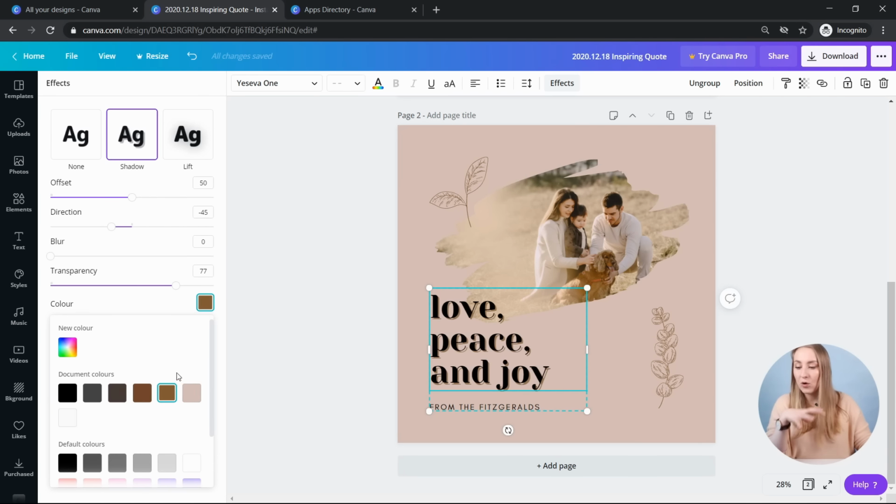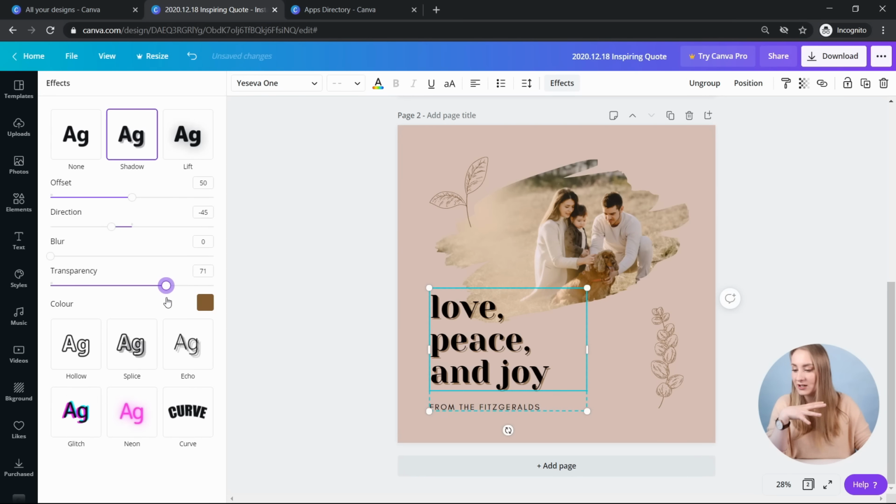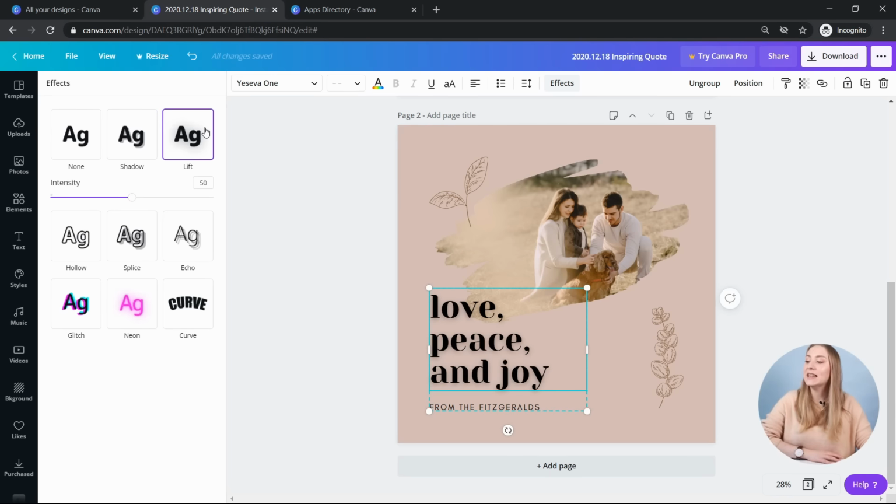So let's say you want more of a three-dimensional effect. You can add it and manipulate it in here. You can change the direction if you want, so you make sure that everything goes in the same direction. You can offset in here, you can make it a bit further from this, and you can blur it out as well. But that's just shadow, but there are so many other options. You can lift it, so it's more of a blurry background. It lifts your text from the background.